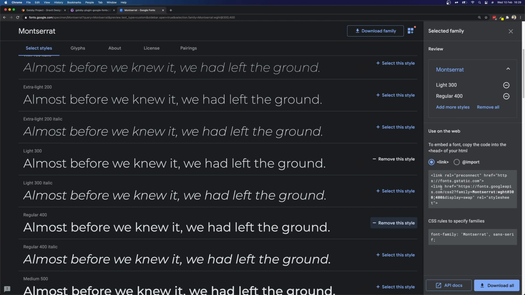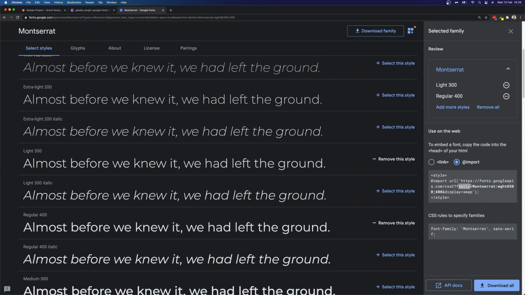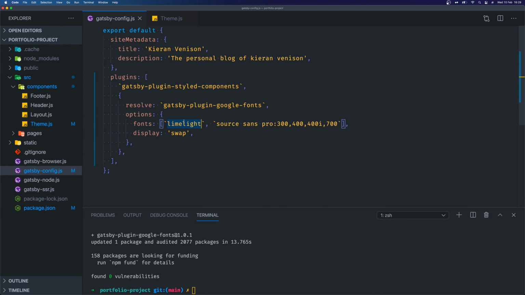And then on the right here, you can see that we have this selected family in a review. We don't actually need to download this or go to the API docs. I'm just doing this primarily to show you where you can find these fonts, and things like the names. Inside the link and import scripts, you can see that they say family equals Montserrat. That's the naming we need to use. We need to make sure the capitalization is all correct. So I'm just going to copy that, go back to here, and we can swap out Limelight for Montserrat,